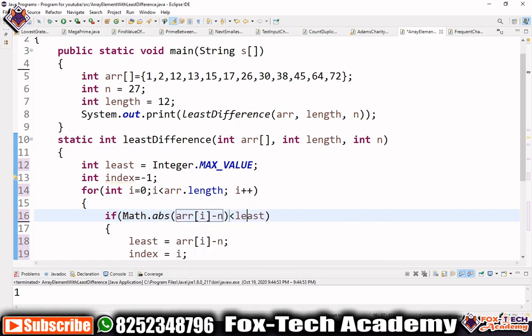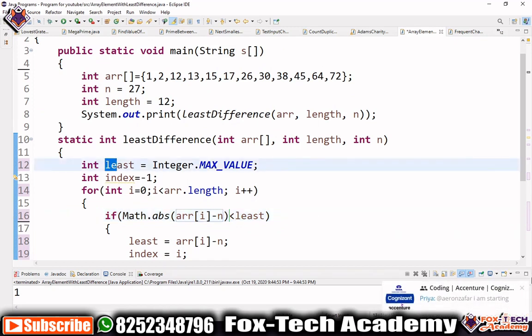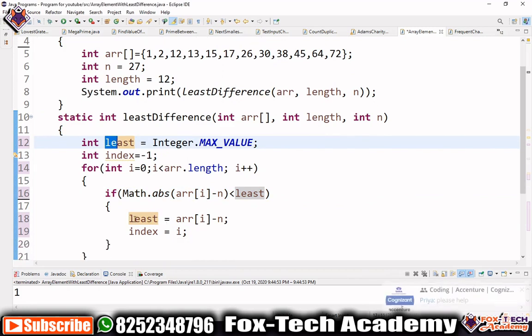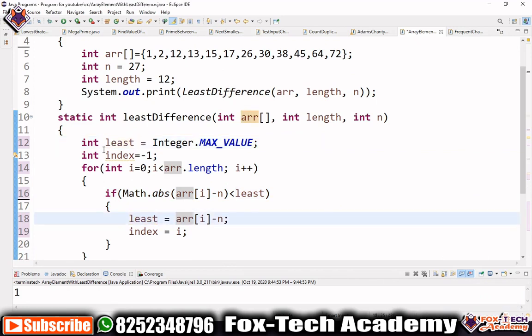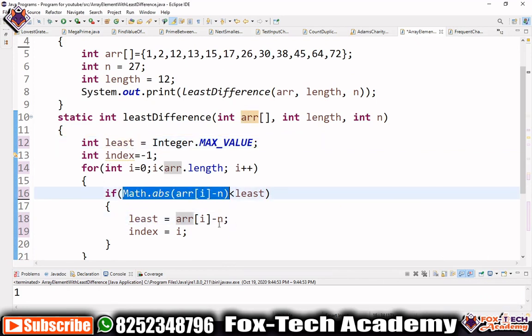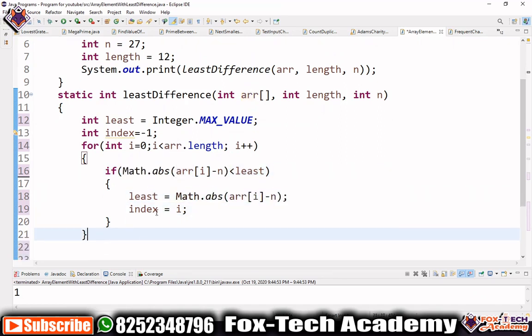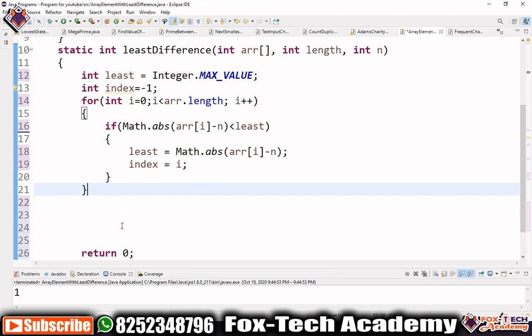This method will convert any negative value into positive, so we find the absolute difference and compare it with the list variable. We also have to use math.abs inside this list variable. So now we get the index of that list variable and this value.